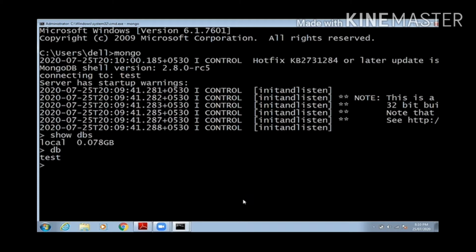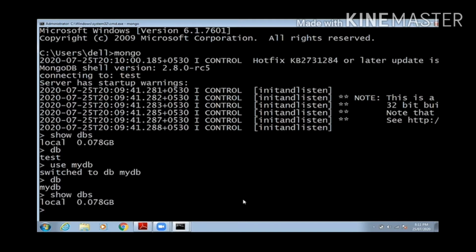If you are not creating any database, the data will go into the test database. Now to create our own database, we can use the command use mydb, that will switch to the database mydb. Now for checking in which database you are, just type db. This will show the currently selected database.